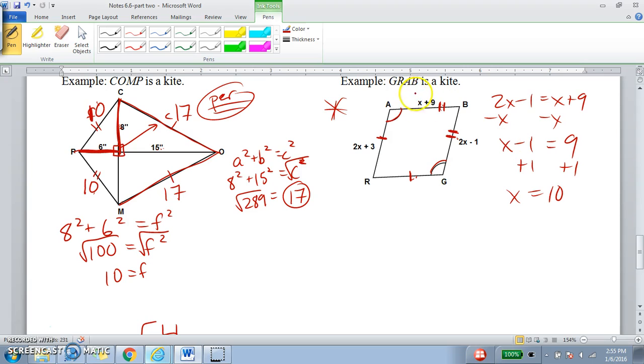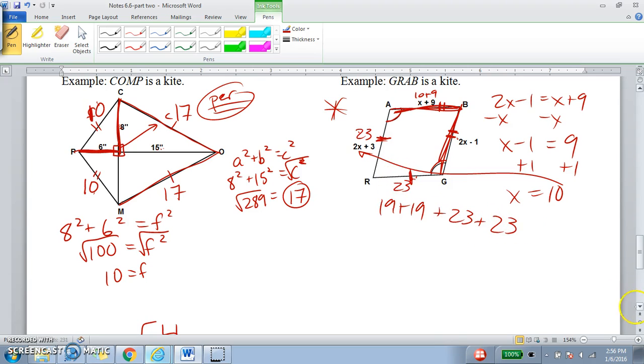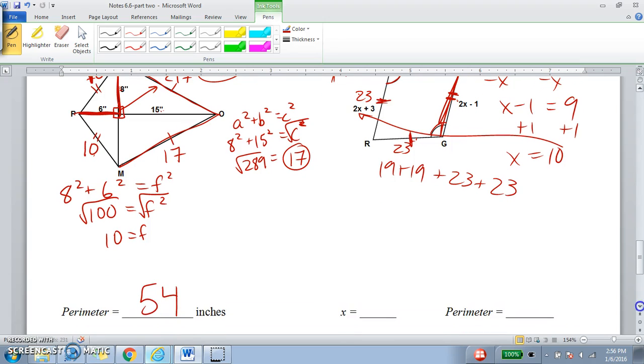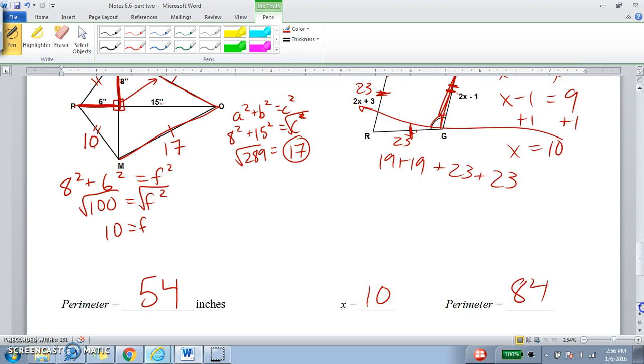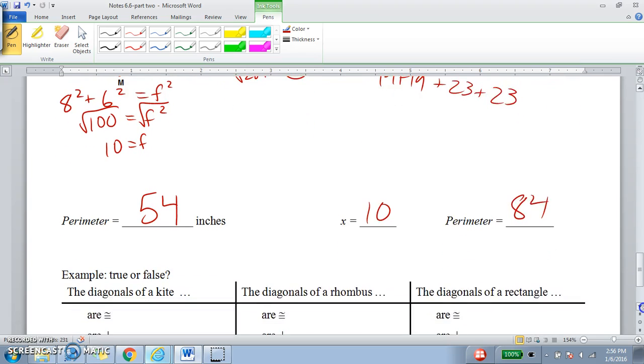So now we plug that back in. 10 plus 9 is 19, so these two sides are 19. So we add up 19 and 19 for the perimeter, and then we plug 10 back in here. 2 times 10 is 20, plus 3 is 23. So both of these sides, since these are the same, are 23. So when I add all 4 of those numbers up, I get 84. So x was 10, perimeter is 84. All right, on the bottom here,